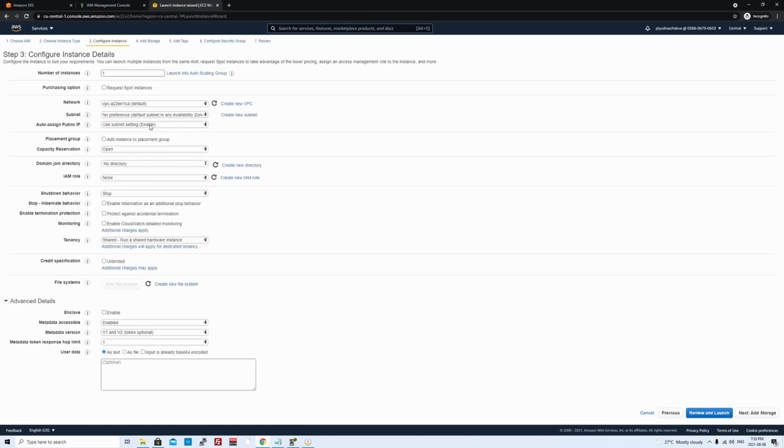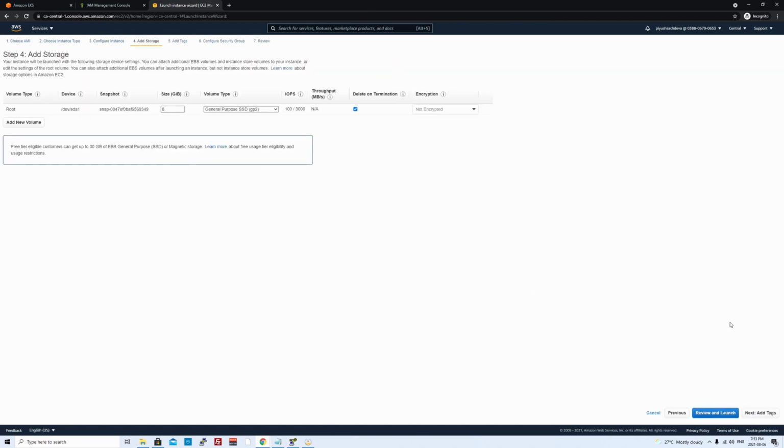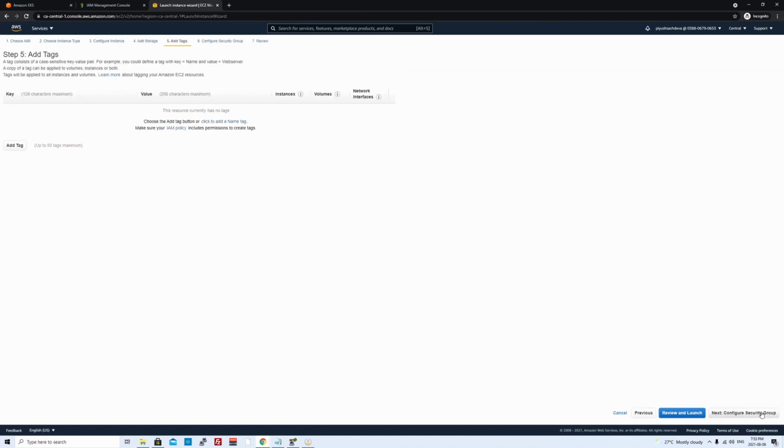And then I'll keep all the options as default. It will again be created in your default VPC, and there is no subnet preference. So whatever is available, it will provision the instance on that. And I don't need any user data for this purpose. So let's click on next, add storage. I'll keep the default root storage. I'll probably give it a name. I'll give it login server as the name.